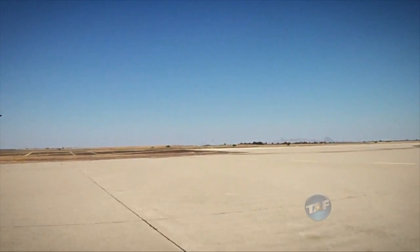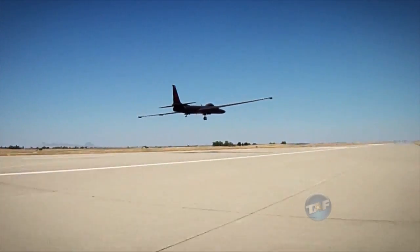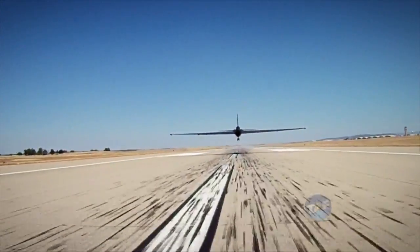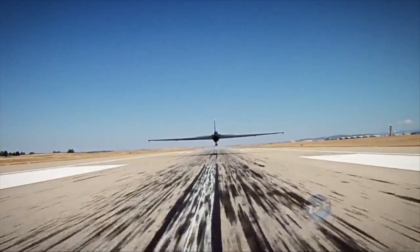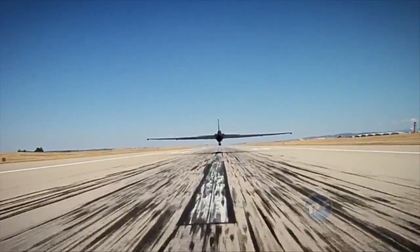I told people that flying the U-2 is the easiest thing in the world between 6 inches and 60,000 feet. Above that, ball game's over. It's one of the hardest things to control. Well, basically it comes down to safely landing the aircraft, both for the pilot, for the jet, and for the